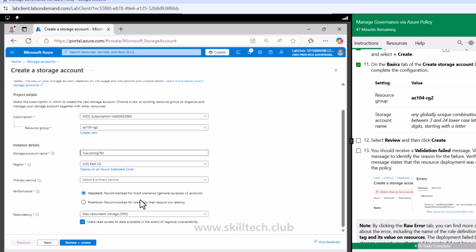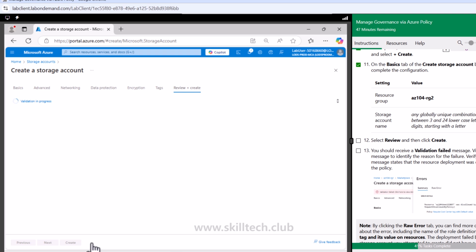Everything else is fine. I'm providing standard performance GRS kind of a configuration for the storage account, and all I'm going to do is review plus create, by keeping all the configuration as it is. Remember, we are not giving any tags right now, and without giving any tags,